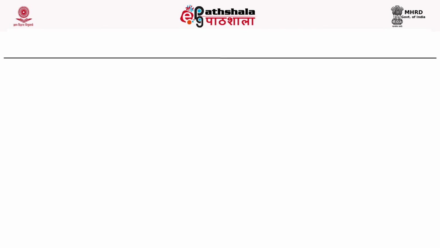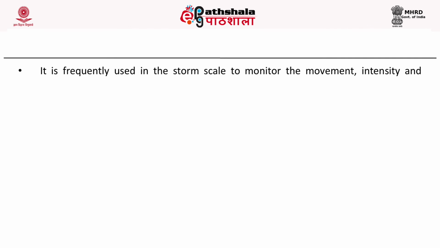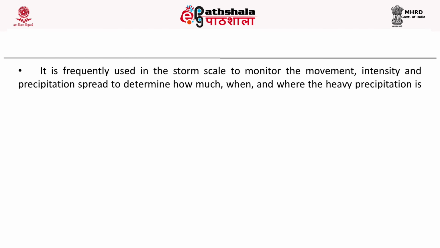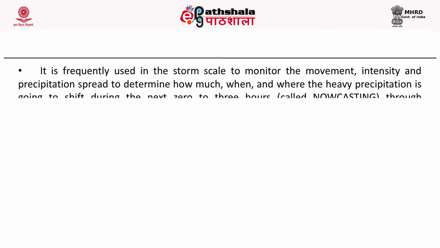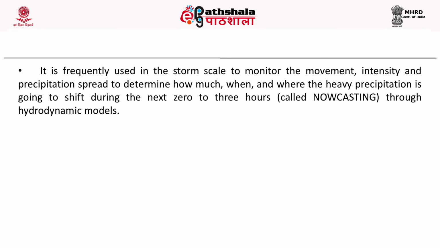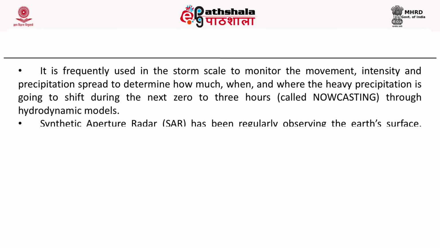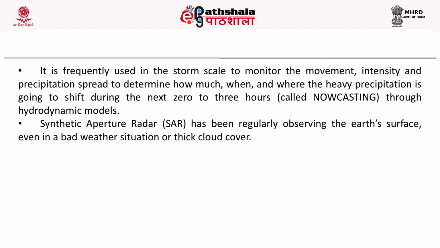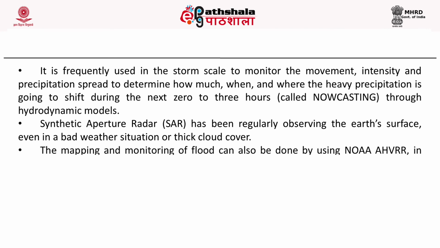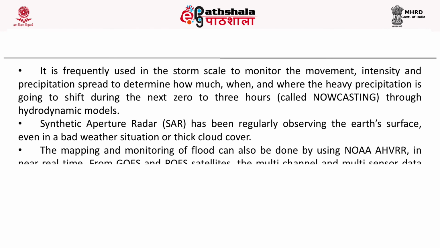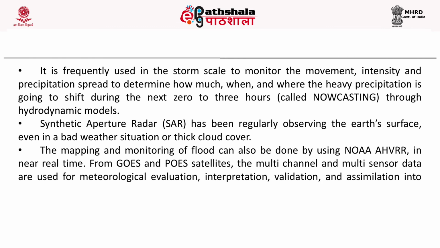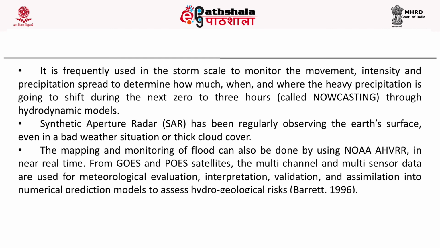It is frequently used in the storm scale to monitor the movement, intensity and precipitation spread to determine how much, when and where the heavy precipitation is going to shift during the next maybe 3 hours. So, this is also called as nowcasting through hydrodynamic models. The synthetic aperture radar has been regularly observing the Earth's surface, and it can monitor even in bad weather conditions or thick cloud cover. The mapping of floods can also be done using NOAA AVHRR